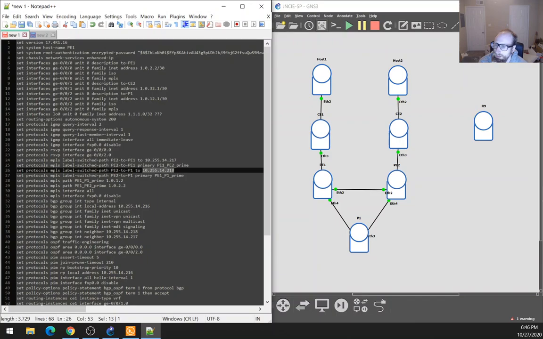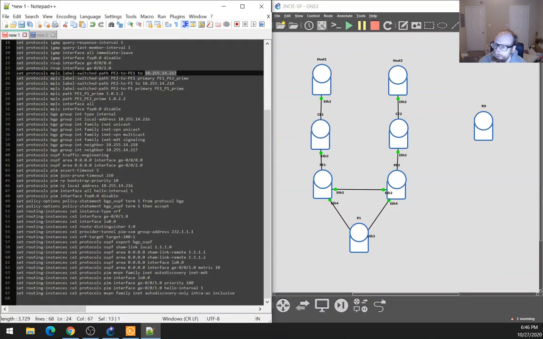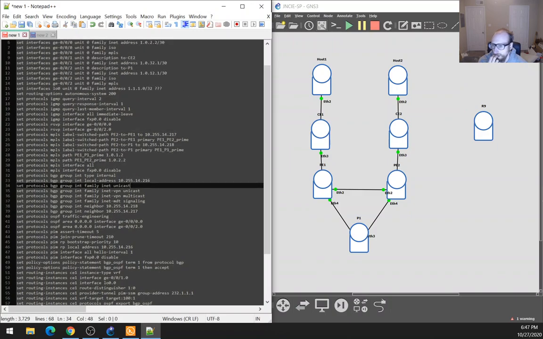I'm kind of confused here. Oh, right. Okay. So we've got to verify. Wait a minute. Okay, now I'm really confused. That makes no sense. So this should be an IP address on PE2. So unfortunately we won't have this IP address. We won't know what this is on PE1. I'm thinking maybe it's this here, the local, yeah, because this is going to be the, now what's strange is